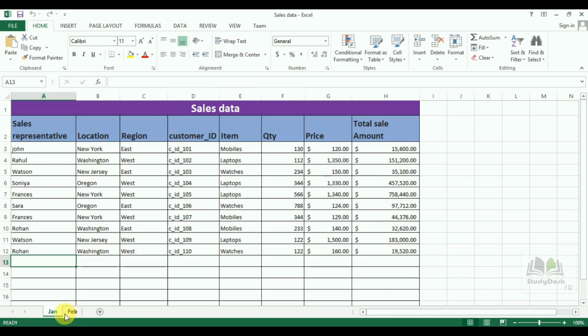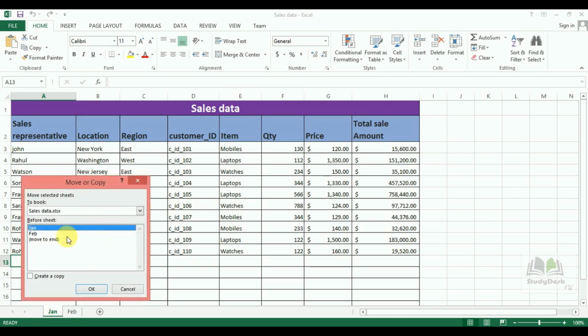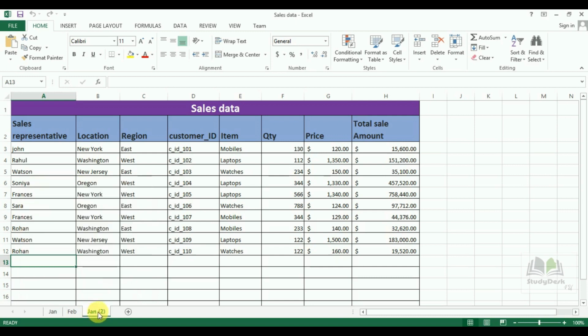Now next step, if you want to move the content from one worksheet to another worksheet, use Move or Copy. So I want the same content in another sheet. So right click on it, Move or Copy. Now move to, and Create a copy. Click on this and click on OK. You will get the same worksheet data as a new worksheet, and change the name as Mark, and insert a new worksheet,